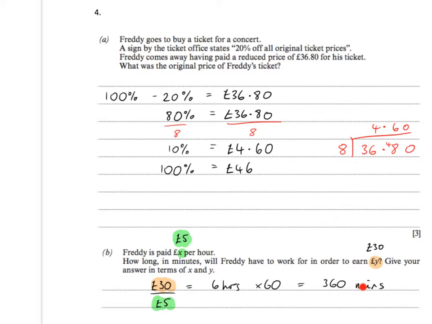Now that question's irrelevant because that's just numbers I plucked out of thin air, okay? And you could use any numbers there and it would always work. If you did the amount of money that you got paid divided by your hourly rate, it would tell you the number of hours you worked. For instance,